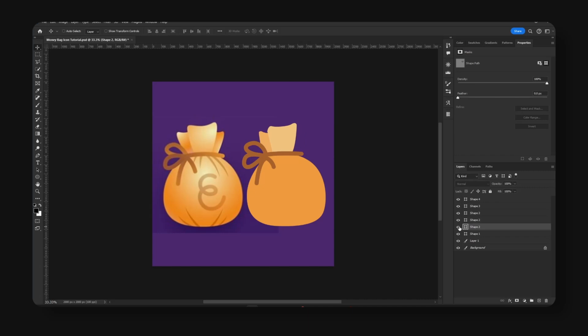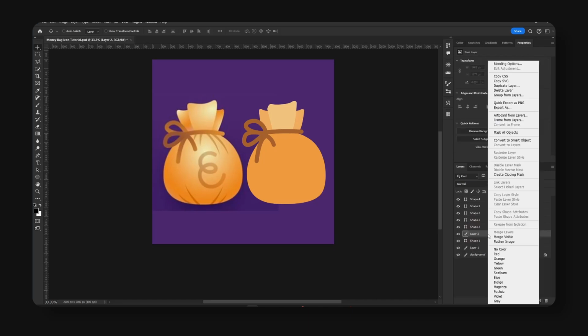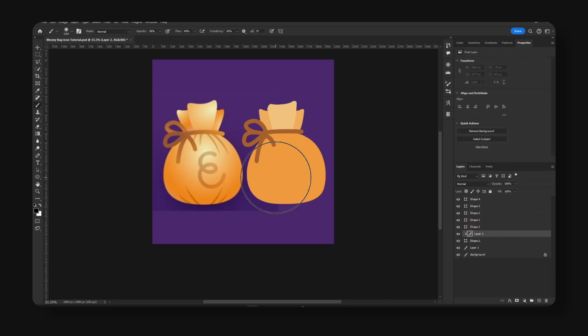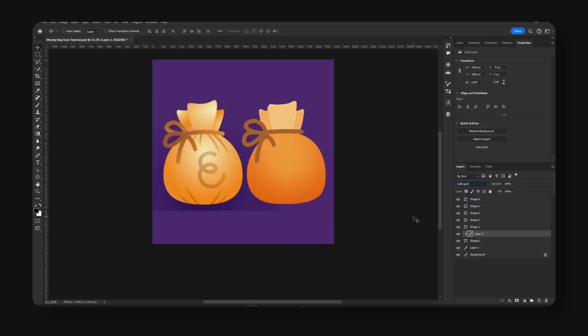Alright, now for some shading. Let's do the actual bag portion, if you will. Make a new layer, right click, create clipping mask, take your brush tool. The settings are up here. So use the color black, and we're gonna paint. We're gonna paint on the bottom for the shadows. Like so, and a little bit on top. It's kind of like this. We go mode, soft light,